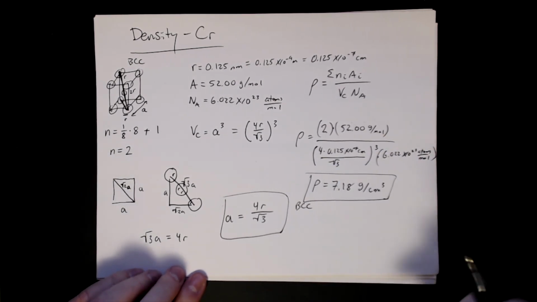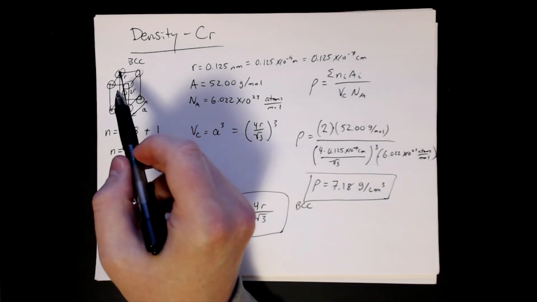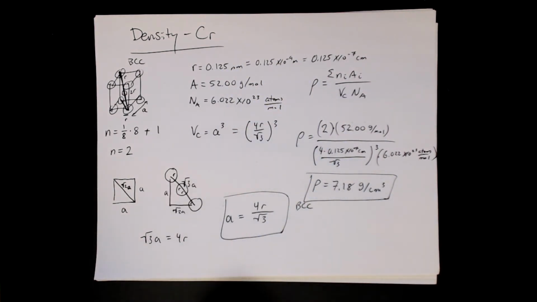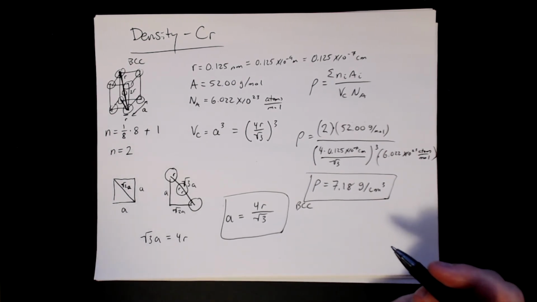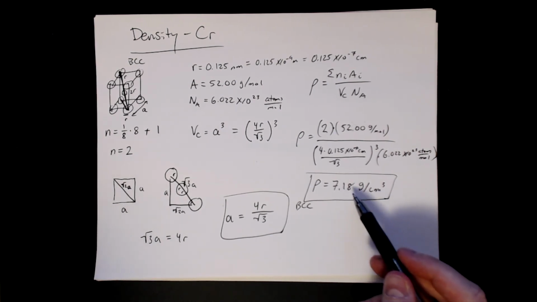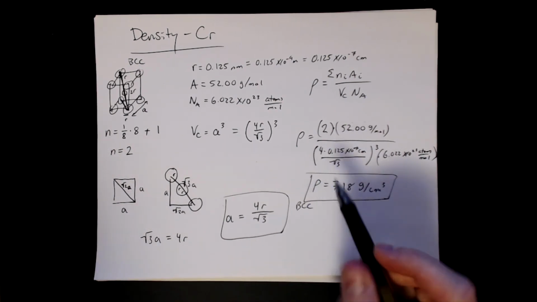So that's our density. So this is our theory. This is what we're predicting for chromium based on the fact that it's BCC and we know the radius of chromium, right? That's how we're getting this number. If we compare this to the actual density that chromium has, so if you go up and look at what that is, it's actually 7.19 or somewhere along those lines. So this calculation is very close. It's basically spot on for what we have. So this is how you would do a density calculation for a single